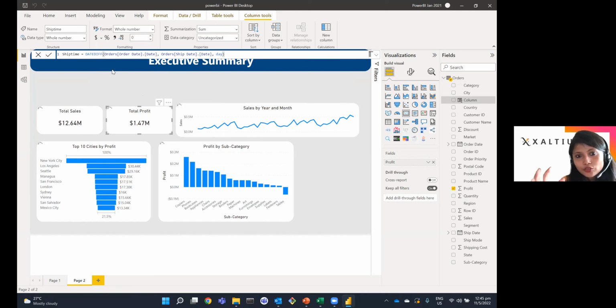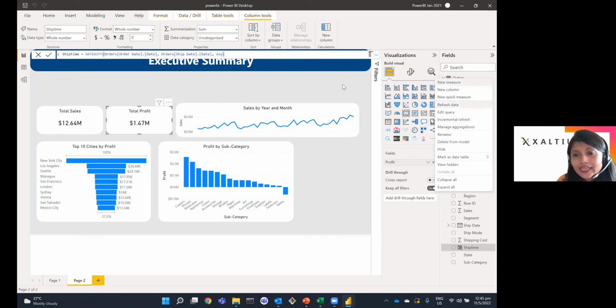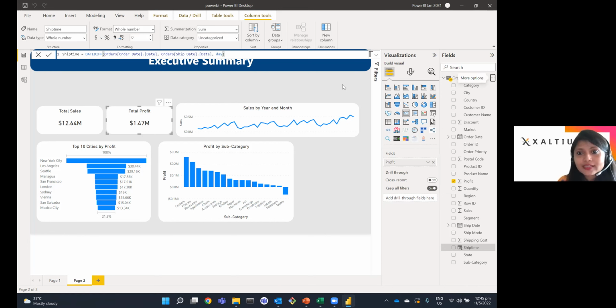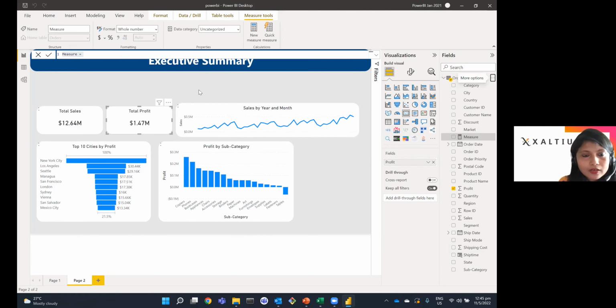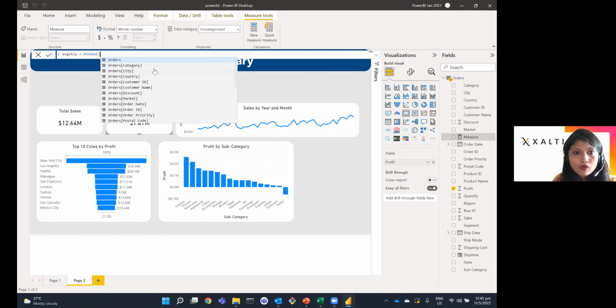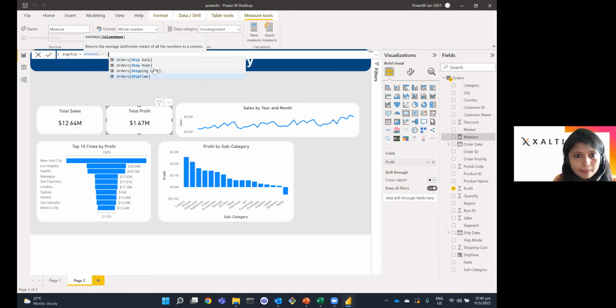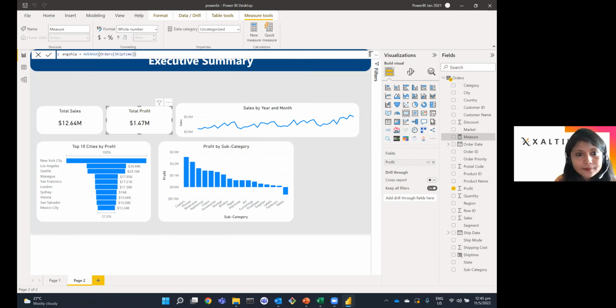And then I want to calculate the average shipping days, because I want to see what the average shipping days for each order is. So I'm going to create an aggregated measure that gives me the average of this shipping time, which is a very simple calculation, to be honest. It's just about telling Power BI that I want the average of the ship time that I created.